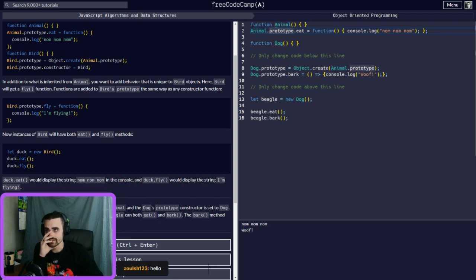See how this is empty? If you're adding only one thing, you could do the same thing, animal.prototype.eat, and then this will be its own instance. We're inheriting everything from this object. So now all the prototypes are going to equal the animal, and we're adding our own prototypes on top of that. So that's why we're getting eat from the animal, and then we have bark from the dog objects or prototypes.